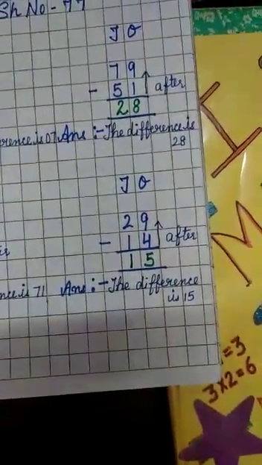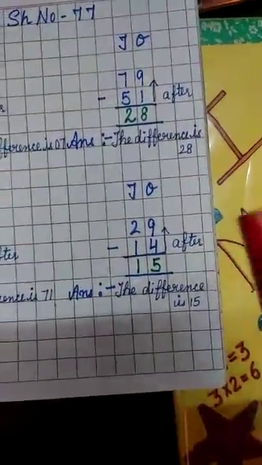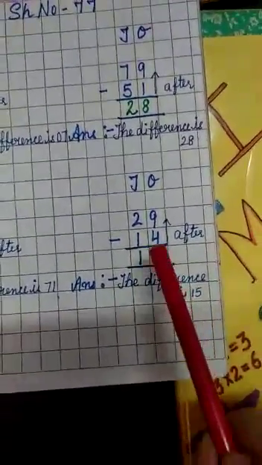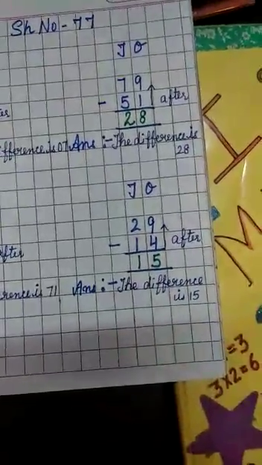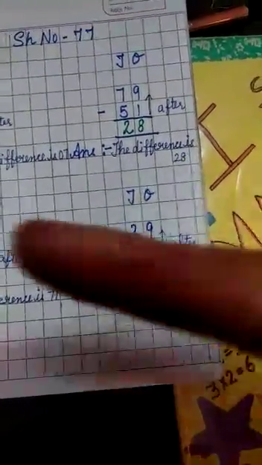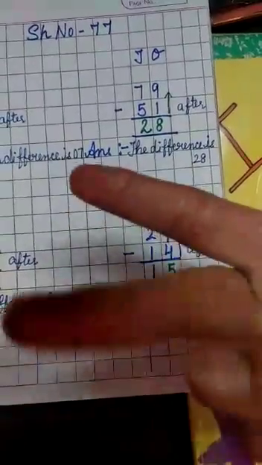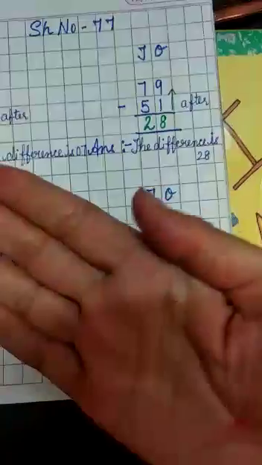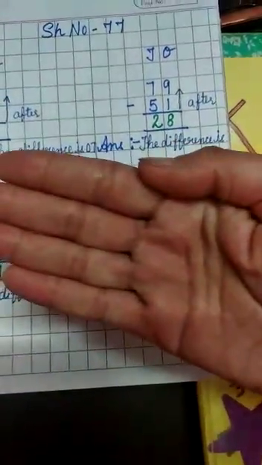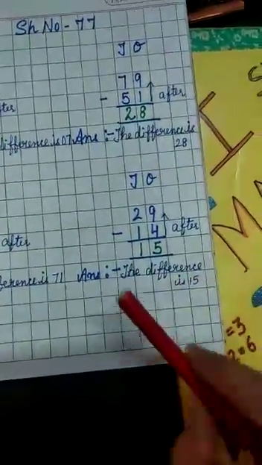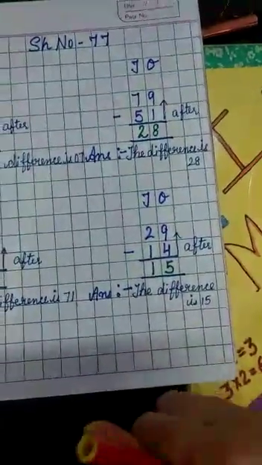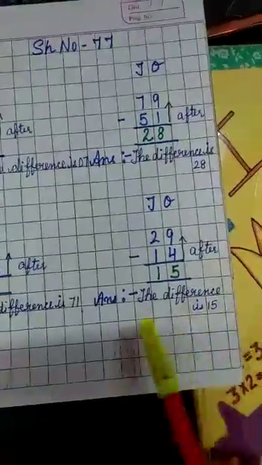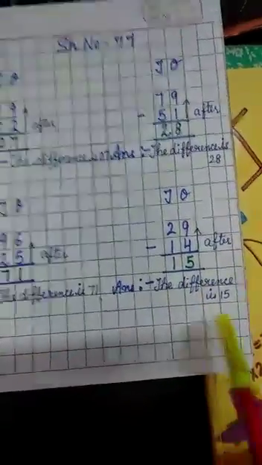Last of this sheet, I am doing half of the sheet and the rest of the sheet will be done by you. 4 sums I am taking here. 4 wants to catch 9. After 4: 5, 6, 7, 8 and 9. So how many fingers are here? 5 fingers. We will write 5 here. 1 wants to catch 2. After 1: 2, 1 finger. We will write 1 here. In the answer, the difference is 50.